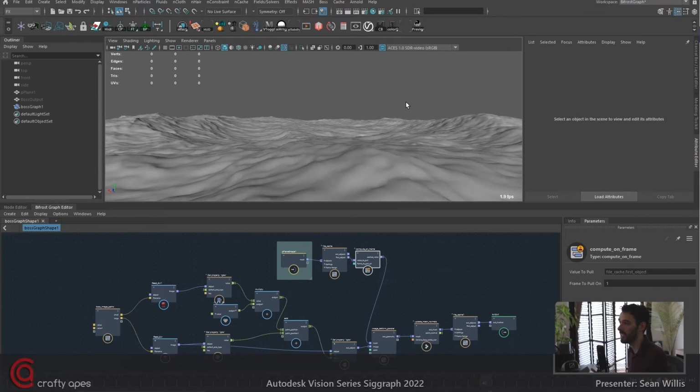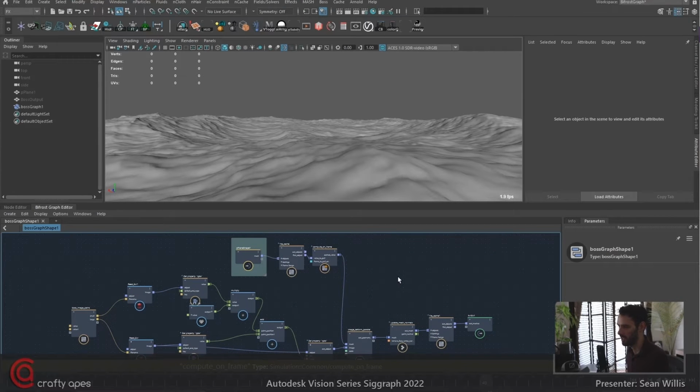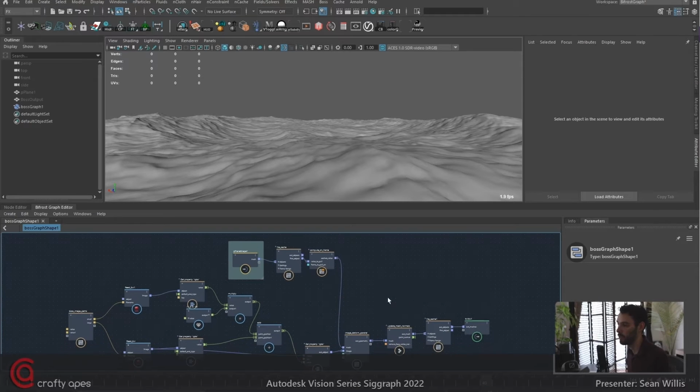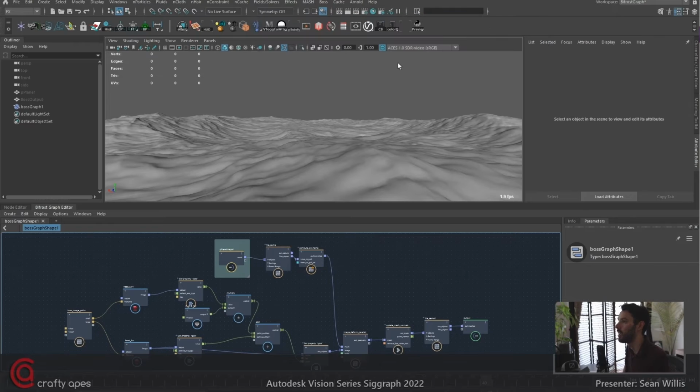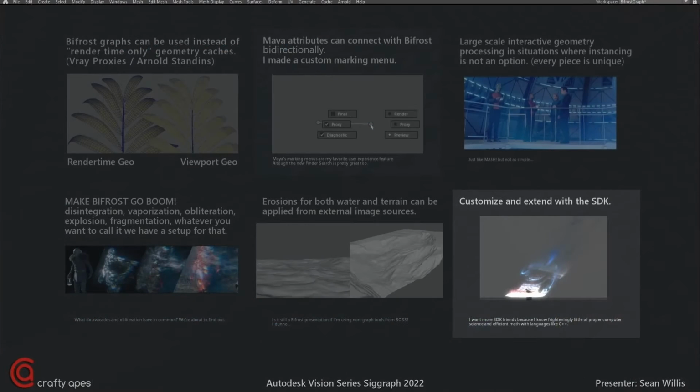And even if you're not using Boss, you could publish this as a compound and just say, hey, I recreated all the parameters that Boss has inside of the Bifrost graph through EXRs. I mean, that'd be a massive waste of disk space, but you could do it and it could work. So yeah, Bifrost devs, if you can put Boss in here, I would love it. So this brings us to the final part of the video, which is all about the custom tools, custom compounds.